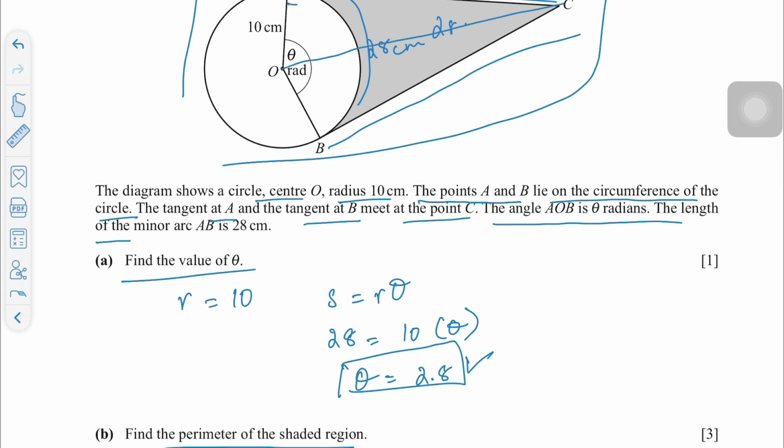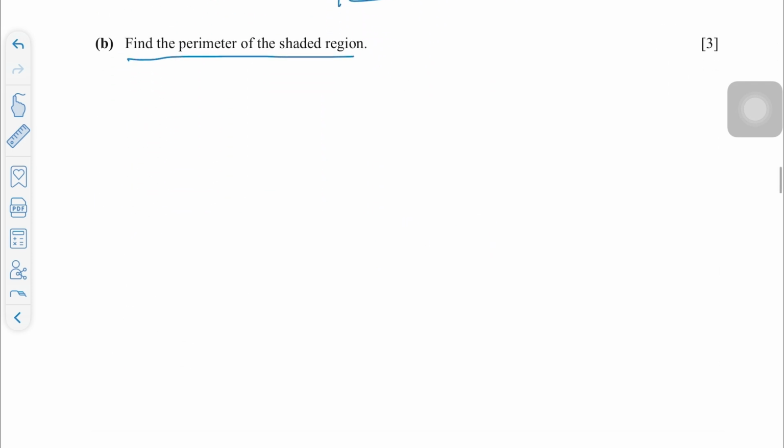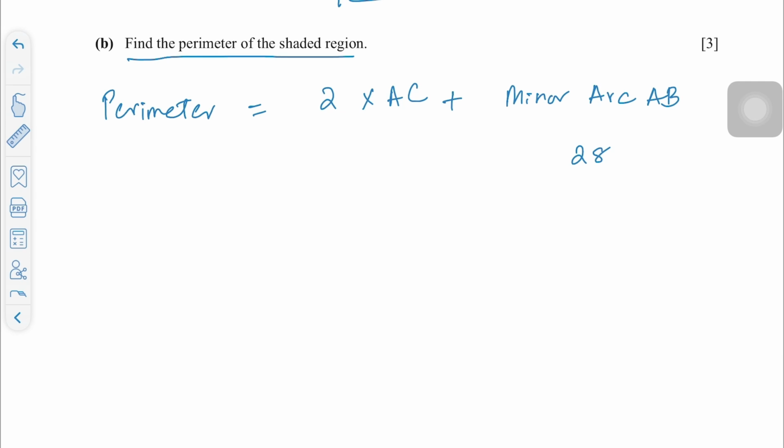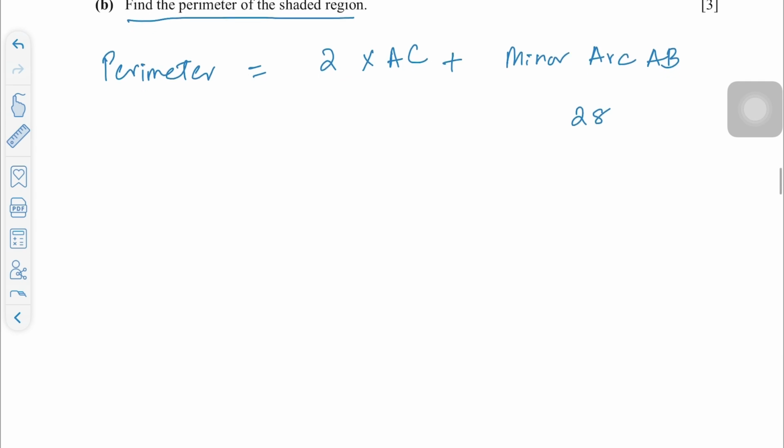Now since this is the tangent, this would be 90 degrees. We have this 10. We have this theta, that is 1.4, because altogether it is 2.8, and this would be a bisector. So this is 1.4, right? For perimeter, we need 2 times AC plus the minor arc of AB. This is basically 28 already given, and we have our perimeter as